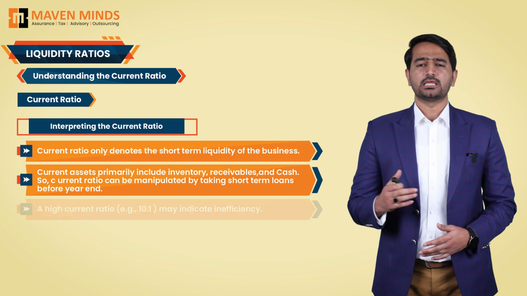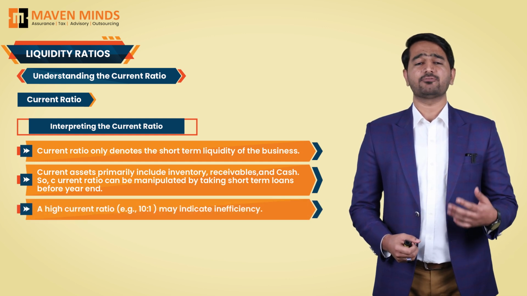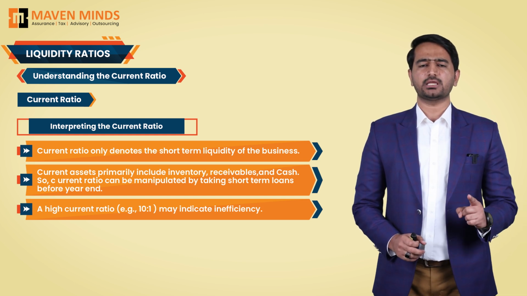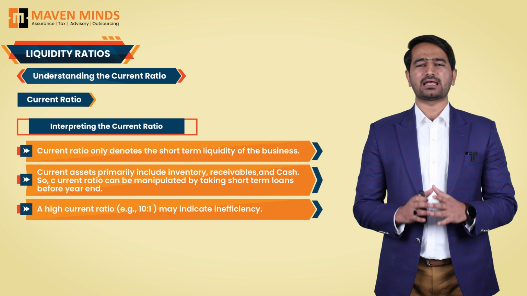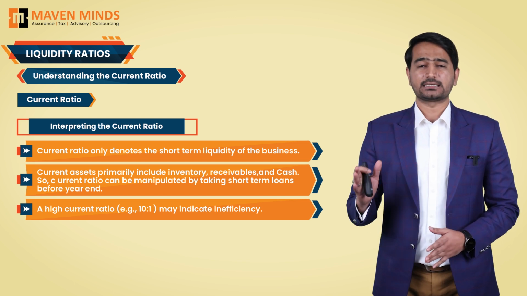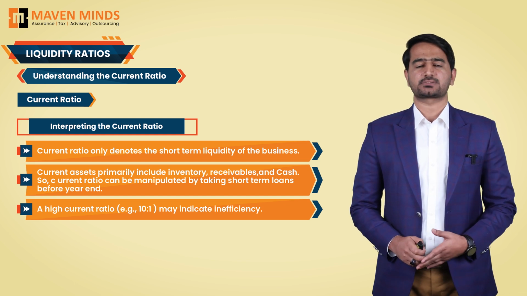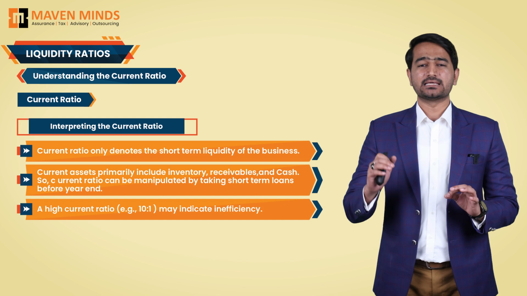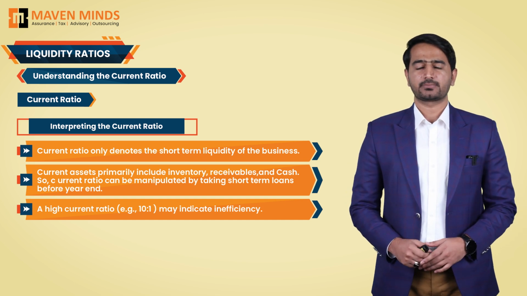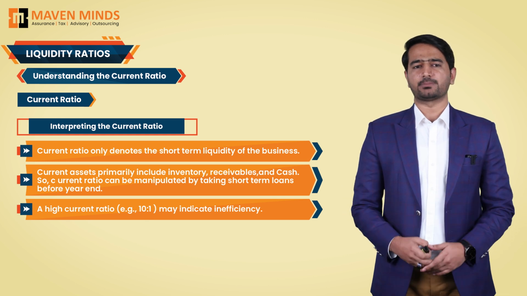For example, if you have a current ratio of 10:1, you might say that you are in a very good position in the short run. Only $1 of current liability for each $10 of current assets, indicating a safe company. However, a 10:1 current ratio might also be somewhat risky for the business. Always remember, there is an inverse relationship between liquidity and profitability. The more liquid a company is, the less likely it is to be profitable.